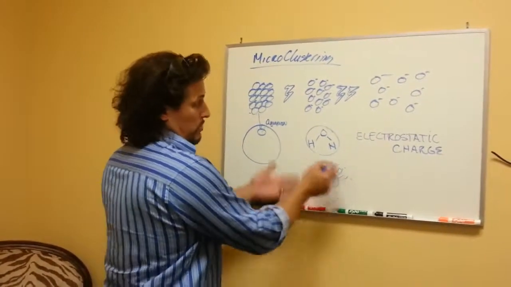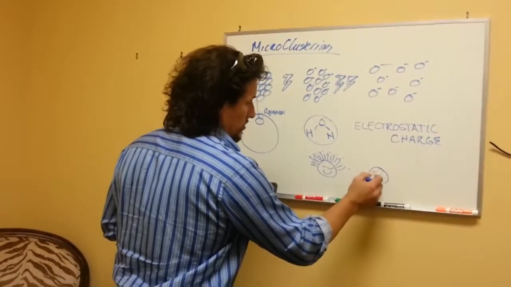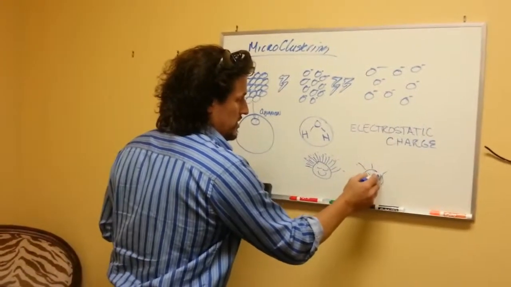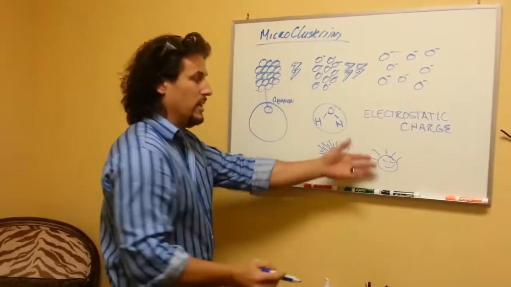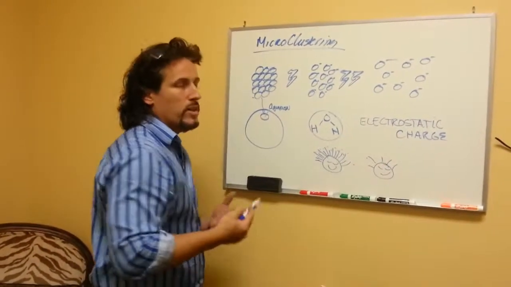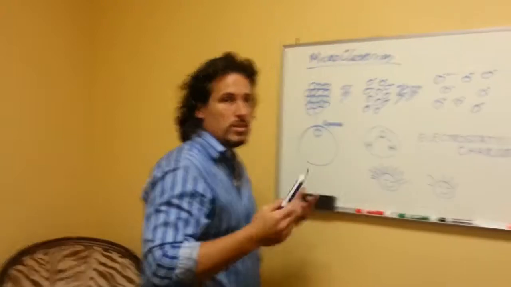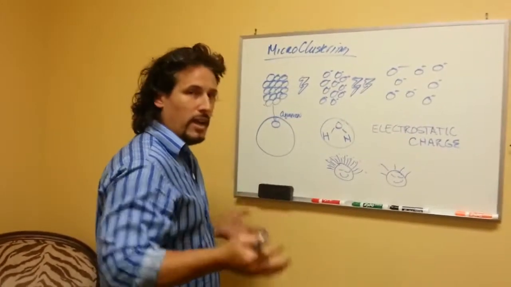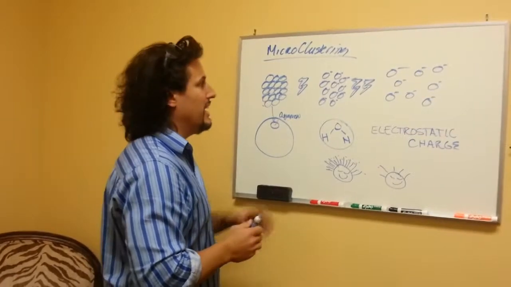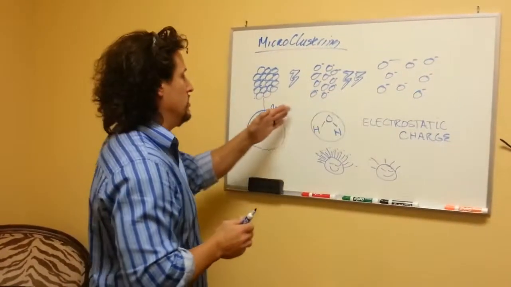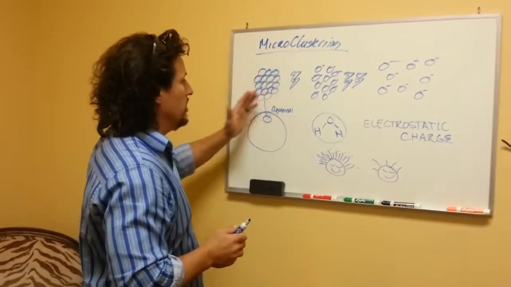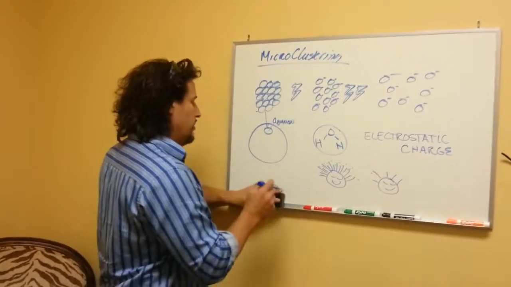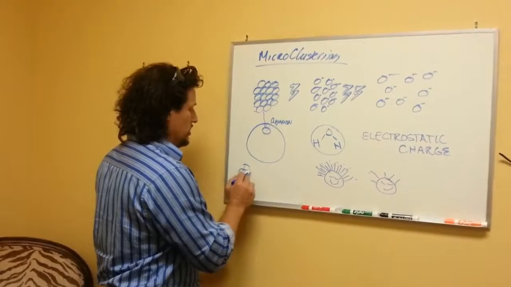So that would be a lot of charge. And then if you had the same kid that had just started to jump and you only had a couple pieces sticking up, that's a light charge. And so it's more of an electrostatic charge on the membranes of the water, on the molecules, and the amount of energy that it has, that it allows it to separate out. This is simply too much of a clump or a cluster. If you were to think of those as a cluster of grapes,